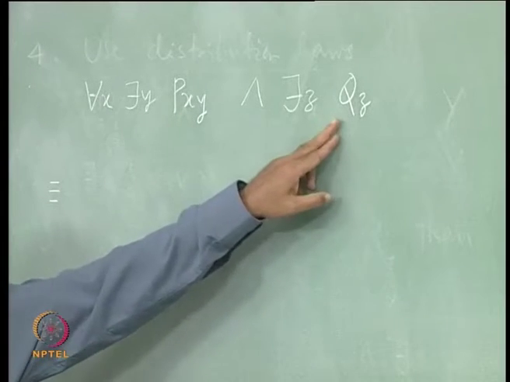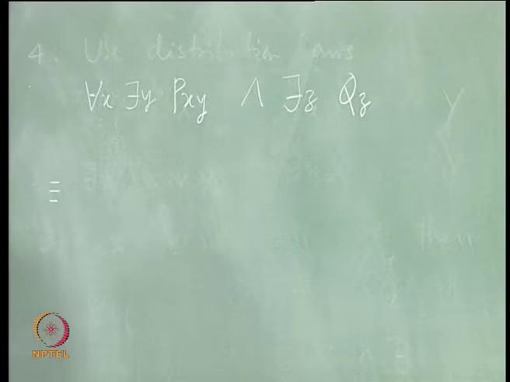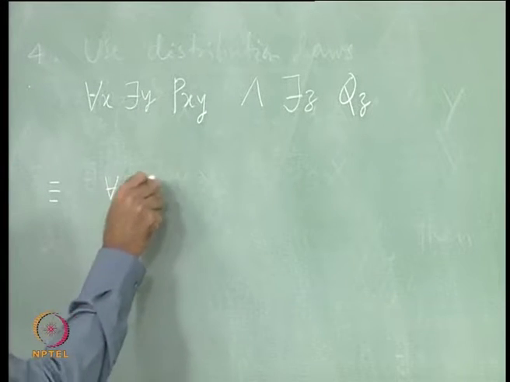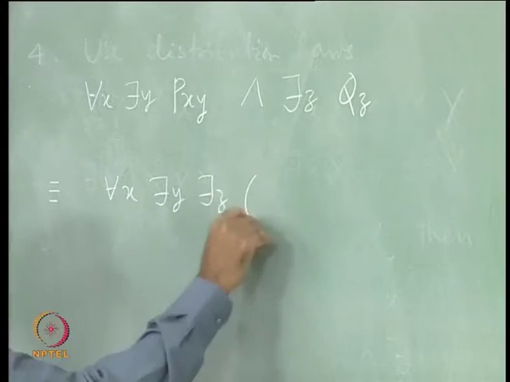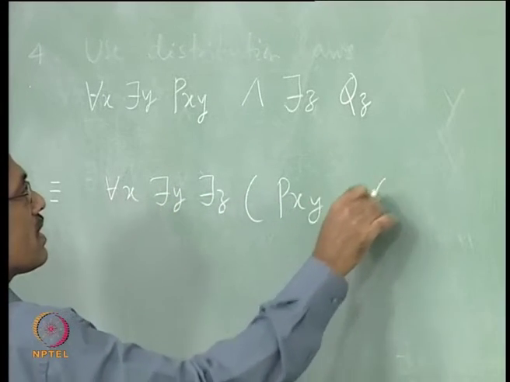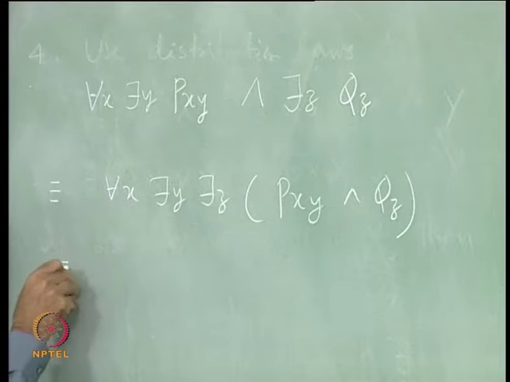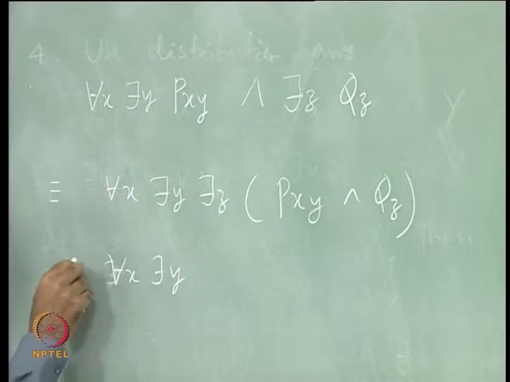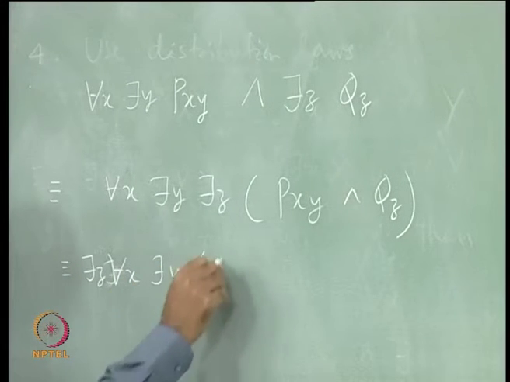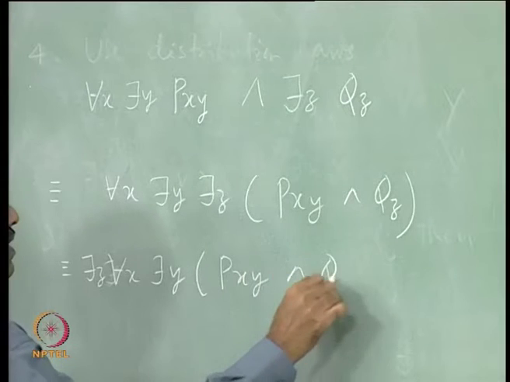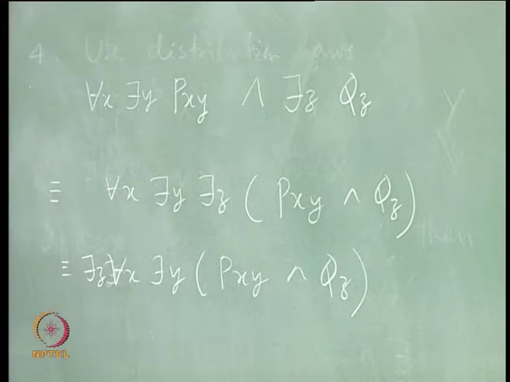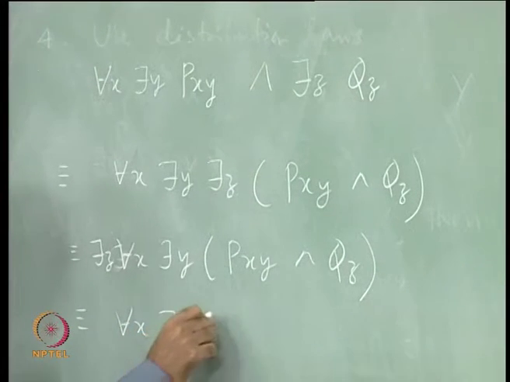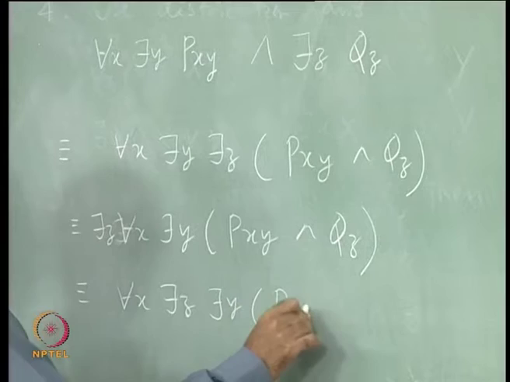x, y do not occur here, z does not occur here, right. So, you can just bring out in any way you like. So, it may look something like, ∀x ∃y ∃z, p x y and q z, and it can also be seen as ∀x ∃y, ∃z can come here, p x y and q z. You can also bring it to the form ∀x ∃z ∃y, p x y and q z,